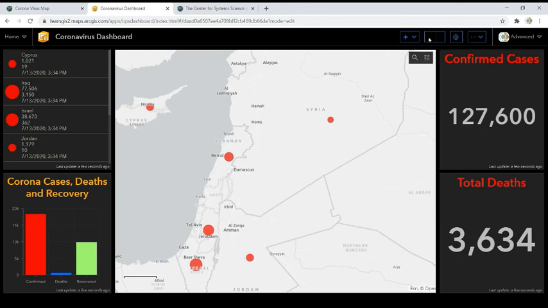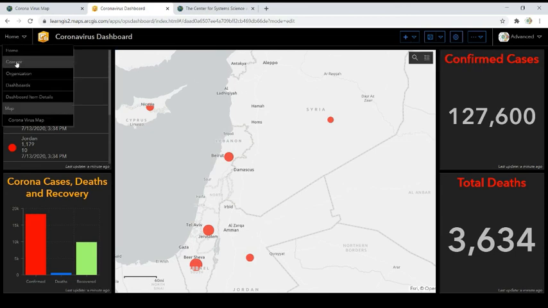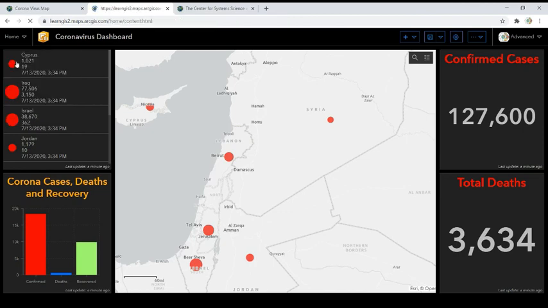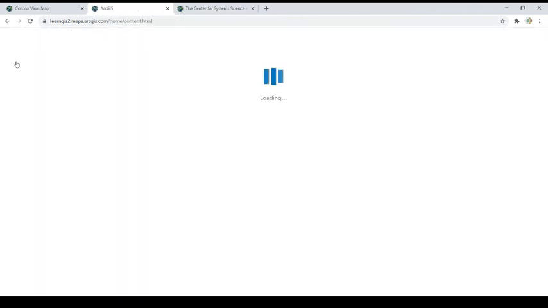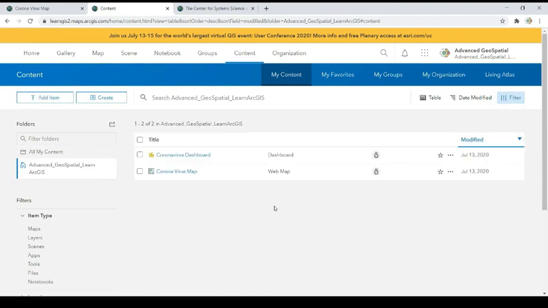Okay, so save, our dashboard is ready. Now we just need to share it. We can go here and we have this sharing link. You can copy it, and this is the link to our dashboard. We can change the sharing level. We will go to our home and contents of our ArcGIS Online organization. So this is here, coronavirus dashboard and